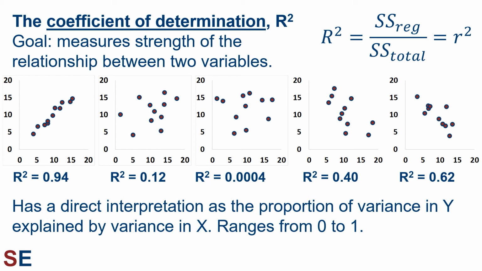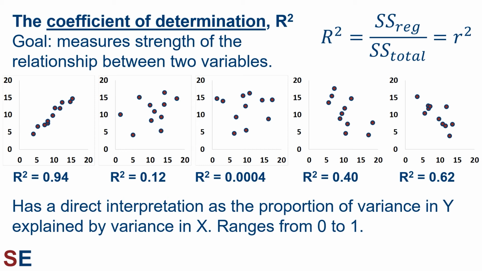decreases towards 0. Using the same 5 plots as before, we can get a sense of how R squared measures the consistency, but not the direction, of the relationship. On the far left is a positive relationship with very little noise, hence an R squared value almost as large as 1. On the far right is a negative relationship with a little bit more noise. The R squared value is still positive, but its magnitude is not as close to 1 because of the additional